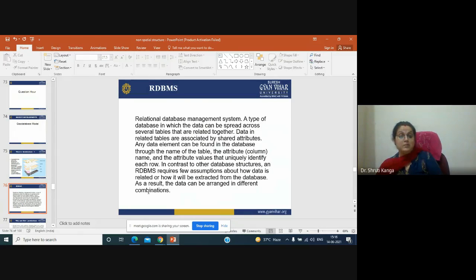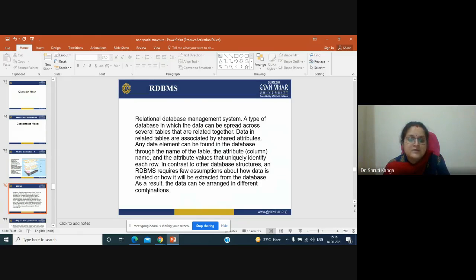It is a type of database in which the data can be spread across several tables that are related together. Data in the tables are associated with shared attributes, so many tables can be integrated with the help of the relations they are sharing.